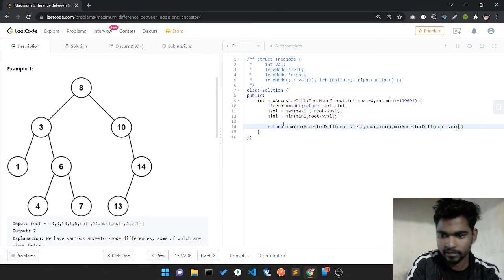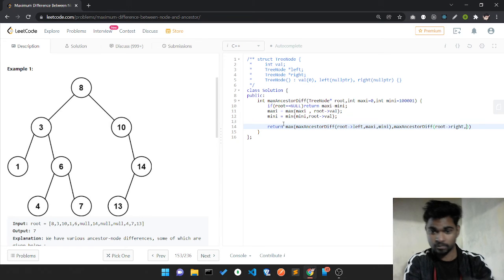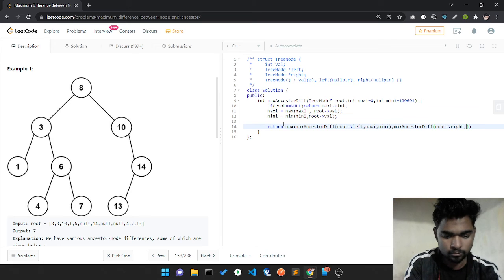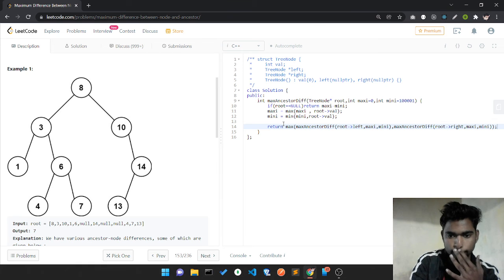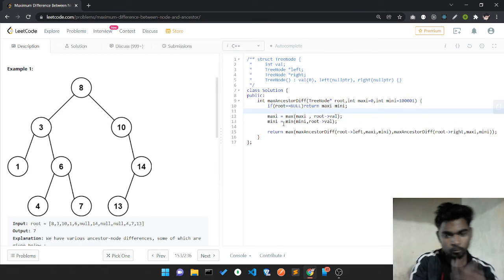If you find any better maxi mini in the root to leaf, just give me the answer. Okay, so that's my code.